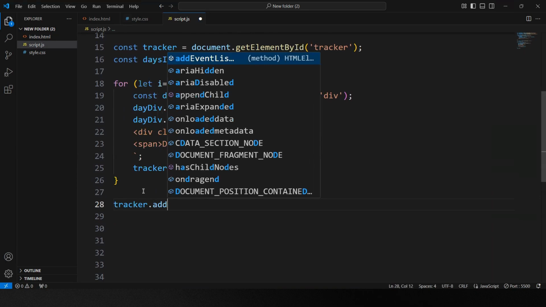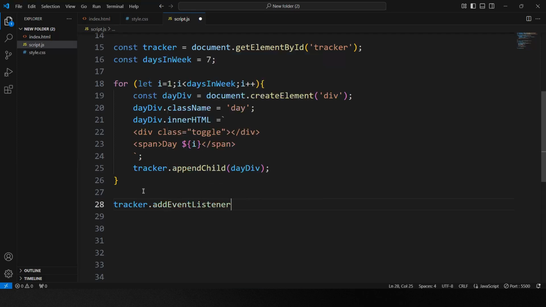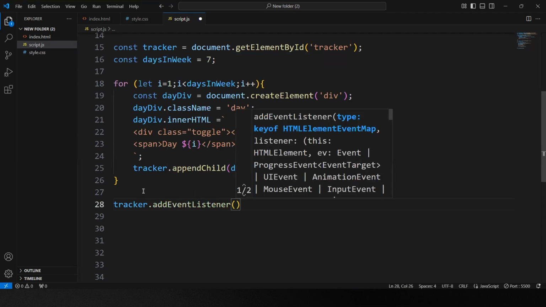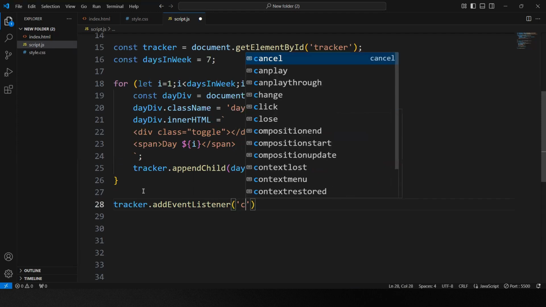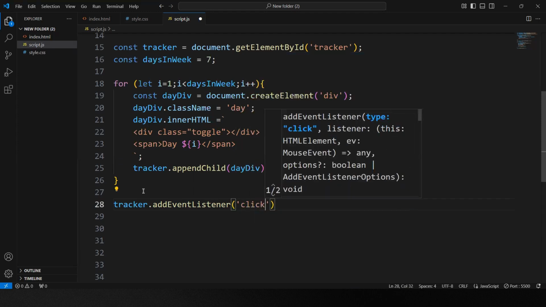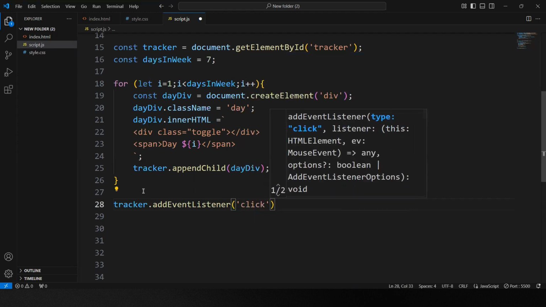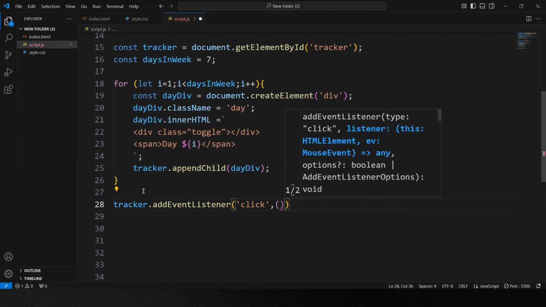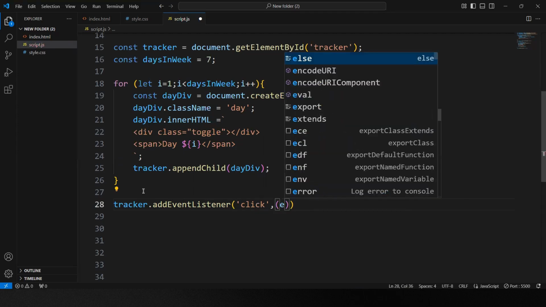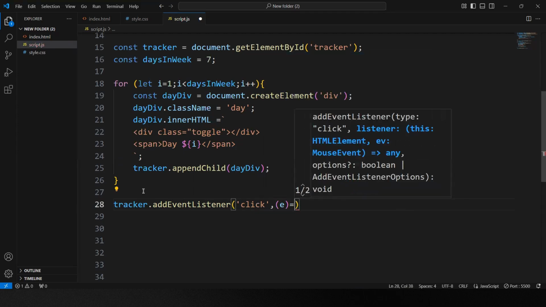When I click on this tracker grid within this div, I'm going to have the following changes. So that's the idea about this code. And for that, let's use the click. Then I'm going to create an anonymous function with an event object E, and